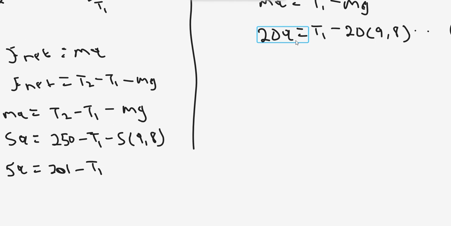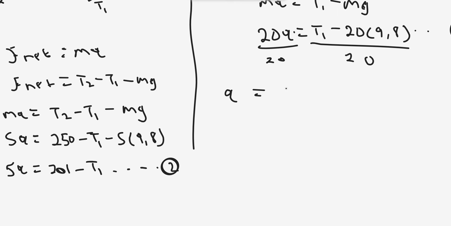Go back here. Remember here we had this equation, so this is our equation number 1, and this one is our equation number 2. Since acceleration is unknown in here, we're going to solve using this equation. Since we are looking for T1, we're going to make acceleration the subject of the formula here, so that we can substitute it into this equation, and then we solve for T1. So we're going to divide by 20 on both sides, and we are left with a equals T1 minus 20 times 9.8,